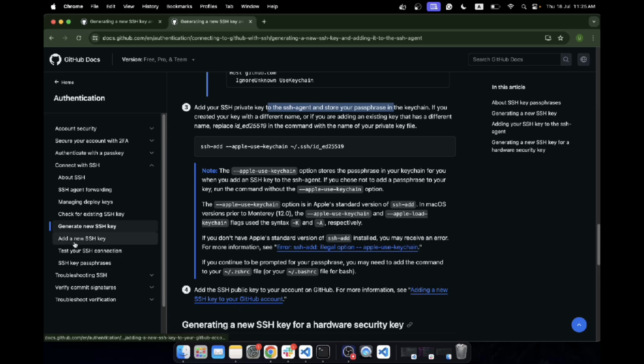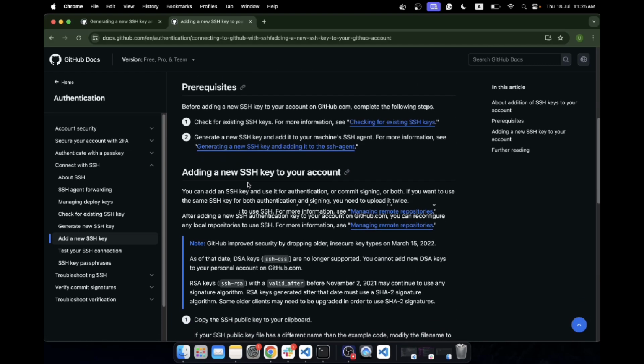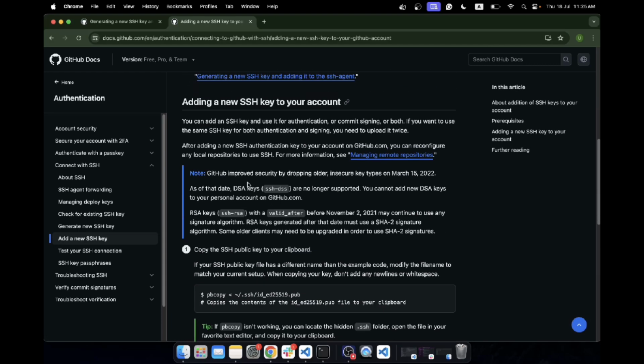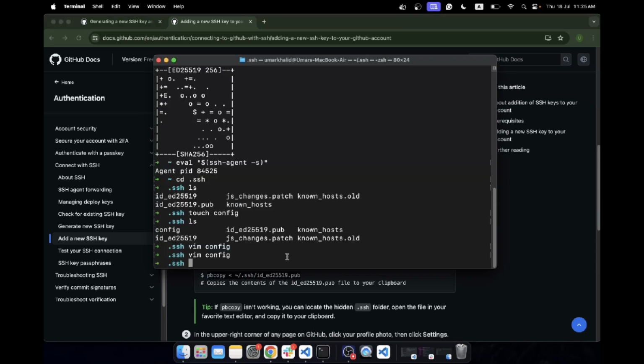Now the next step is going to be to add this new key in the GitHub, right? So you can just select the add a new SSH key from the left menu. Scroll down a little bit, and we need to copy that key to our clipboard. So you can copy this command,